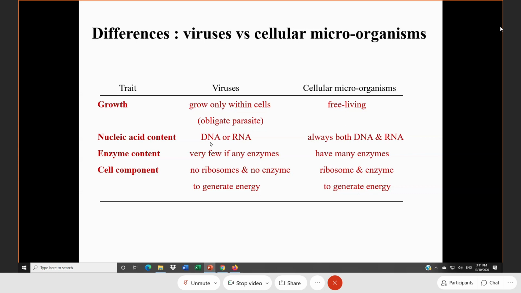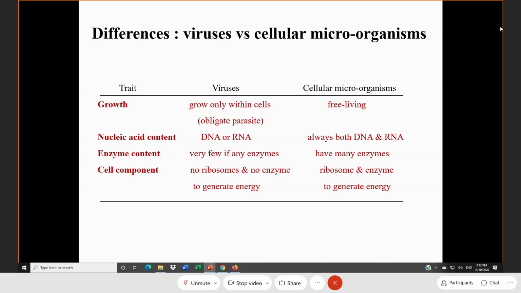Okay. So when you have DNA or RNA, what are you doing? You go to the lab, you can check, hey, this virus, is it an RNA virus or a DNA virus? You can check there already, it's a part of the diagnostic method. If it is an RNA virus, these are the list of RNA viruses. If it is a DNA virus, these are the list of DNA viruses. To grow them requires different medium, different cells. Enzyme content, very few if there is any enzyme. Most viruses do not carry any enzyme inside the virus particle, except for a few big viruses.